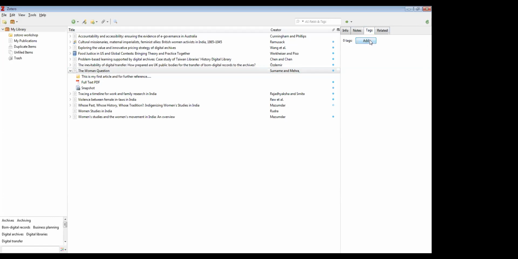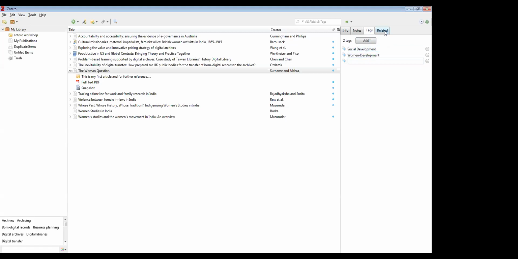So if I say women development, for example, and my second is social development, these two keywords I can add to this article, and they will be searchable while you are searching within Zotero.